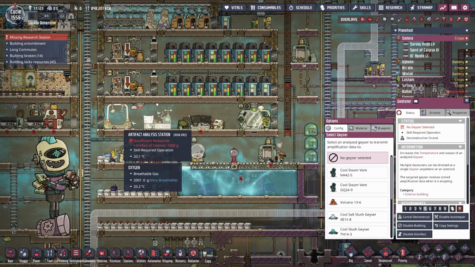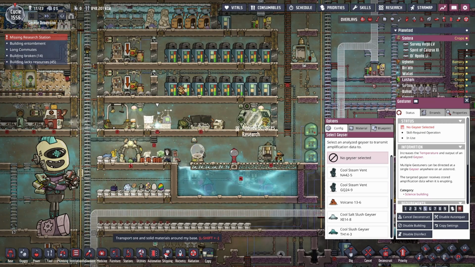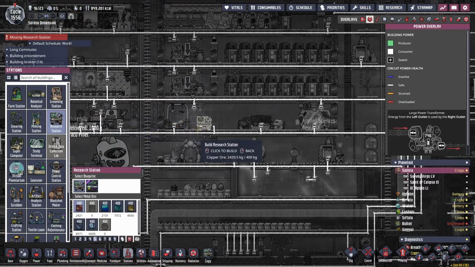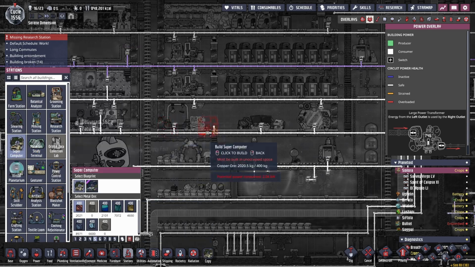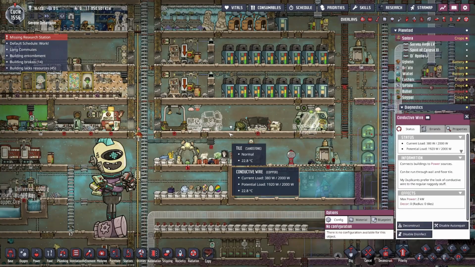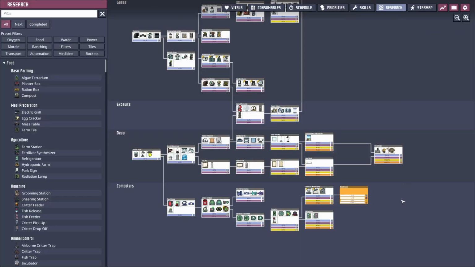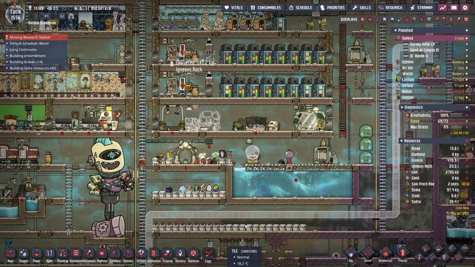Once we get rid of this, we will put a... Oh, what are we going to put here? We need stations. We'll need a regular research station, which we'll put here. We will need a supercomputer, which is right here. And then does it require... It does require regular orange research, which can only be done... Let's see, what is that? That is orbital data collection. That's right. So if we look at these...